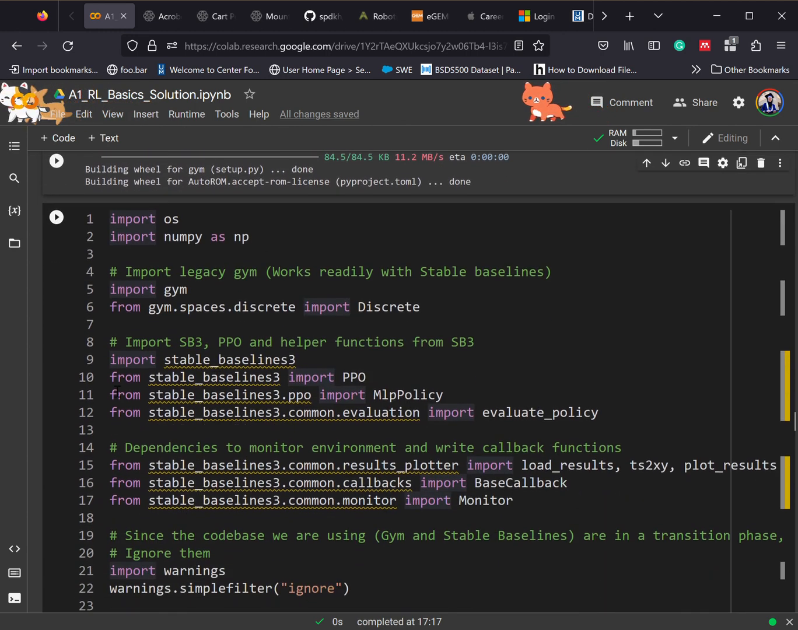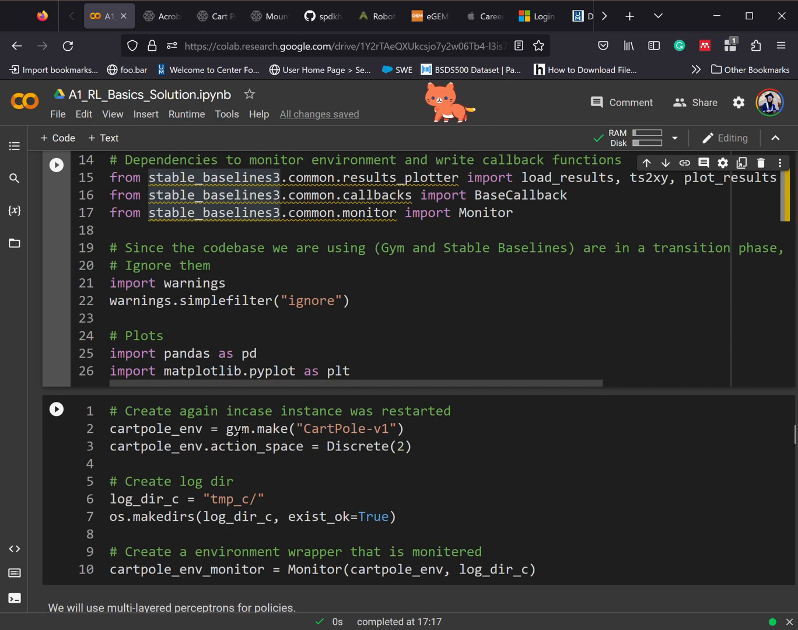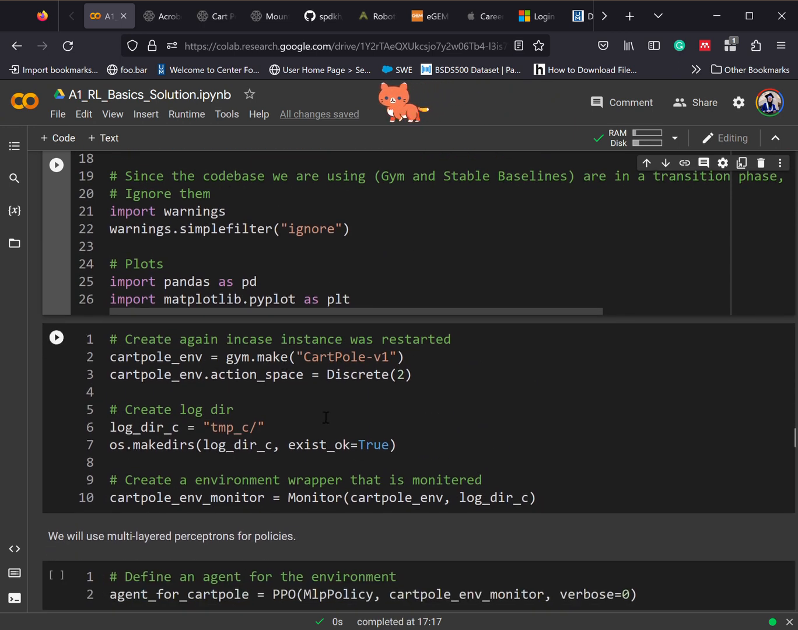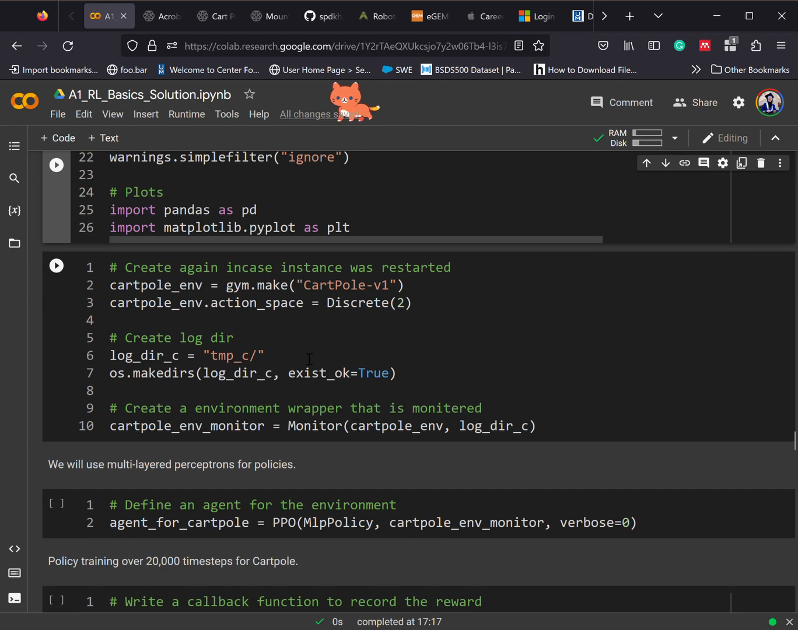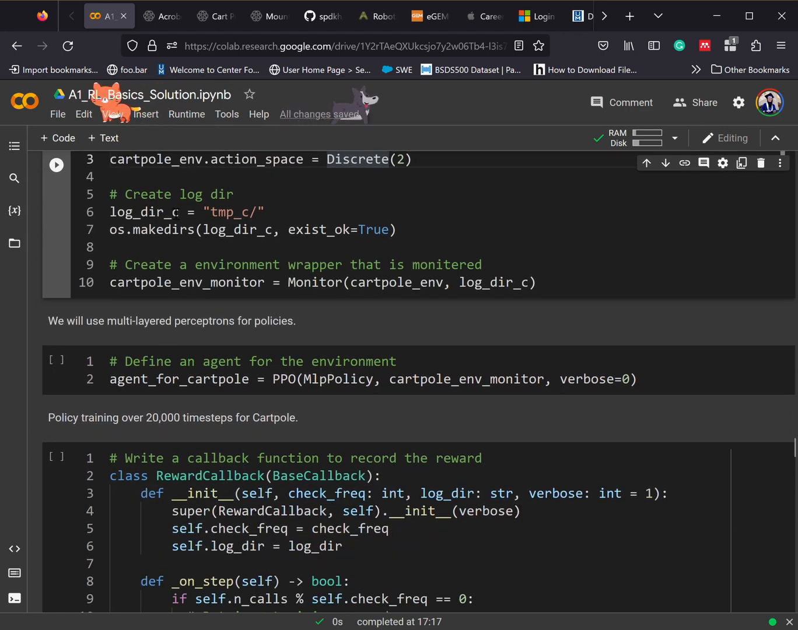So here is the initial installation of the packages, and then importing the ones that are required for training. We don't concentrate on how the training is happening. We just want to see how the reward is changing by this training. But so it's a cart pole again, and the action space is taken, and there is a log directory